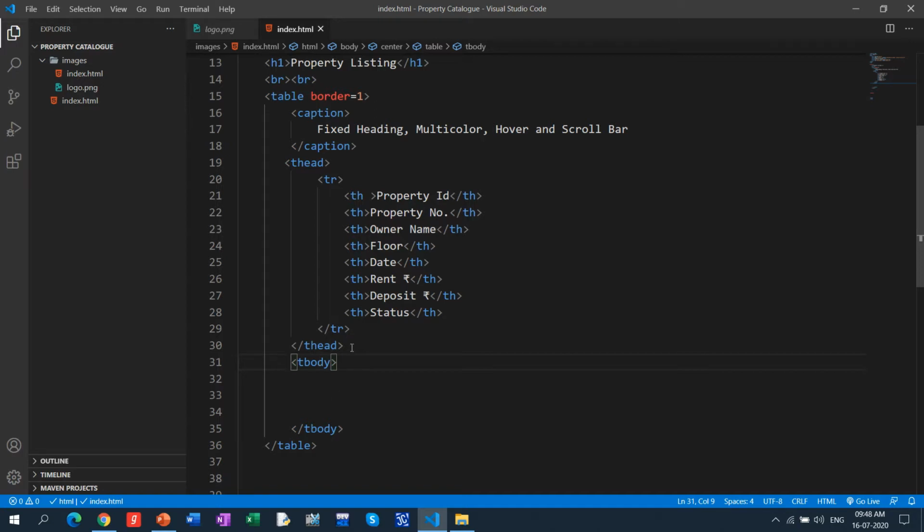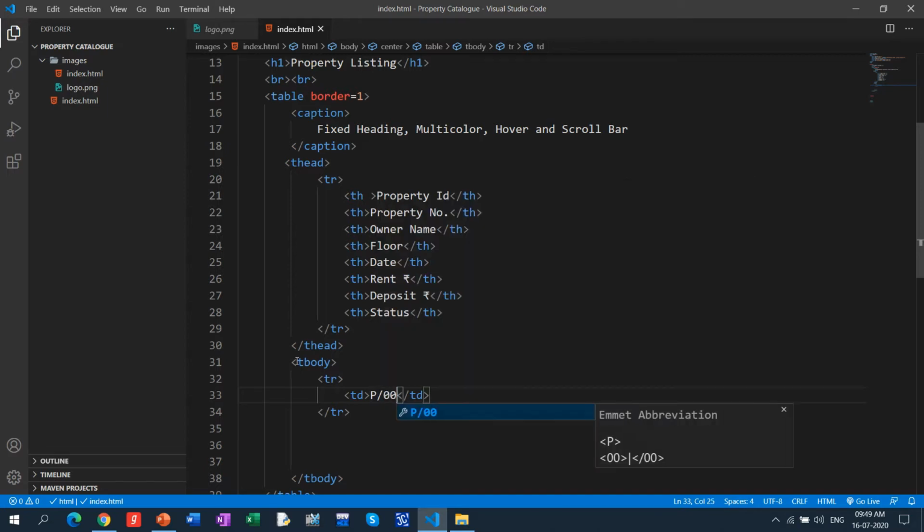Now again we have to start the table row. So in the table row, some of the data we have to put in, but don't focus on the data, because data will be available to you as per the information given in the software. I am just putting in one data and repeatedly copying it. Now the data is P001. This is the property ID, right?